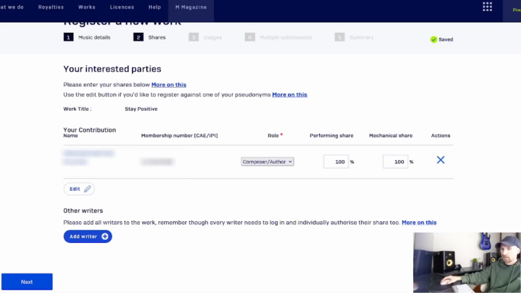Now, if you've co-written a song with somebody else, for example, then you might be splitting these values. But again, that is something different. I wrote this song all by myself. So this is to retain 100% of the ownership of that work, if that makes sense. You could add another person here if that was the situation. Okay. So what you do is click next,